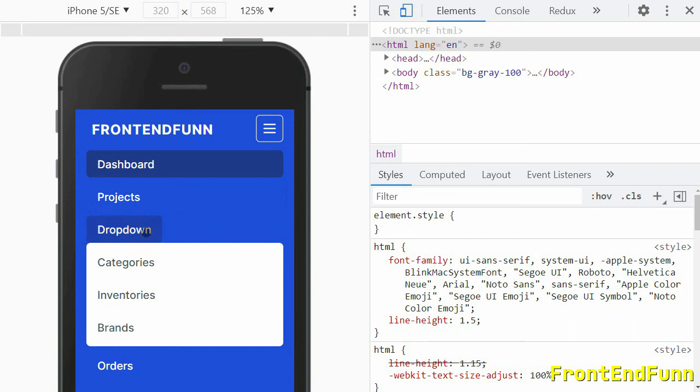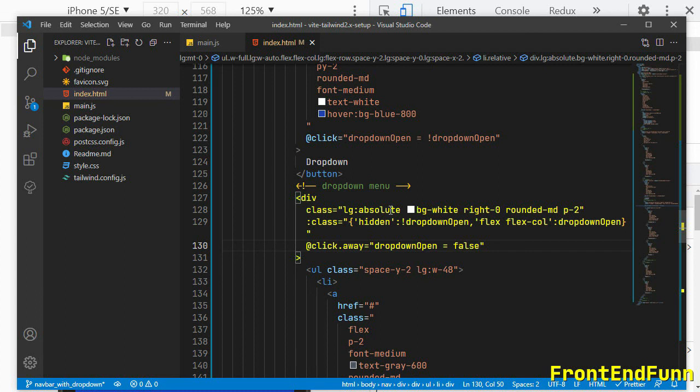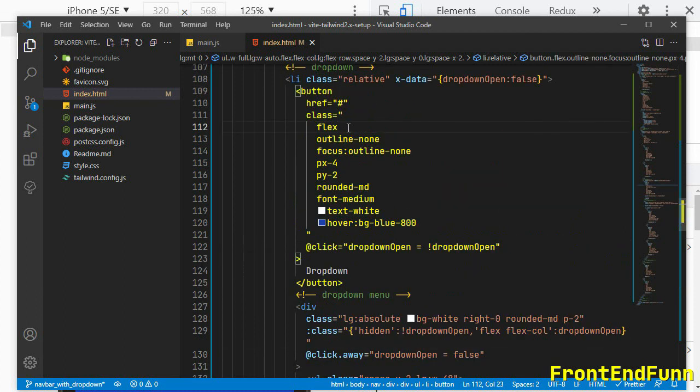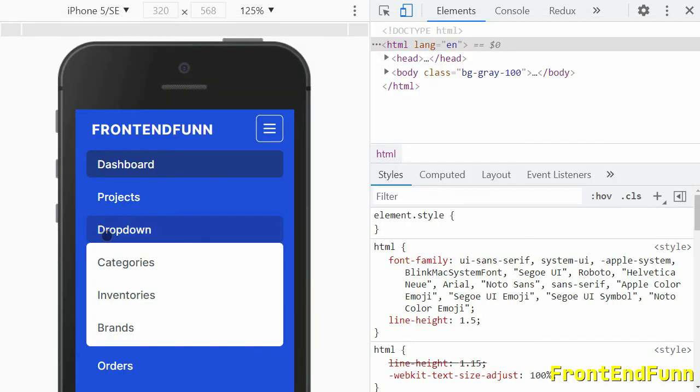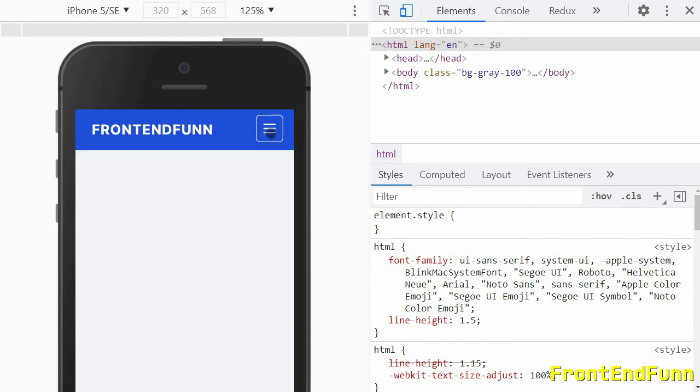So as you can see, the drop down is taking only less space here. I'll just add the width class width-full. Because it is not positioned on the element, so it is directly appeared here.